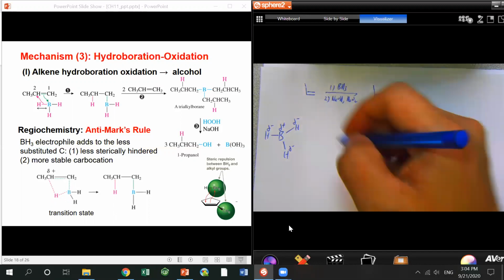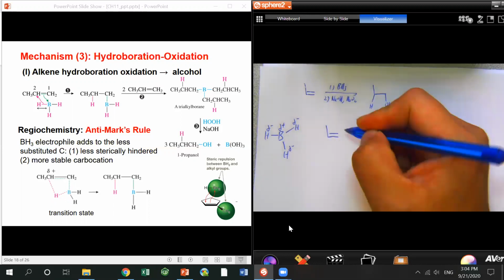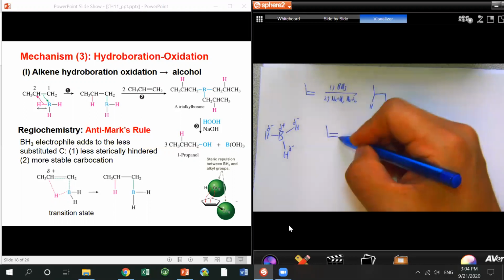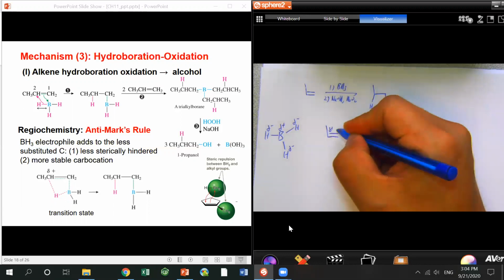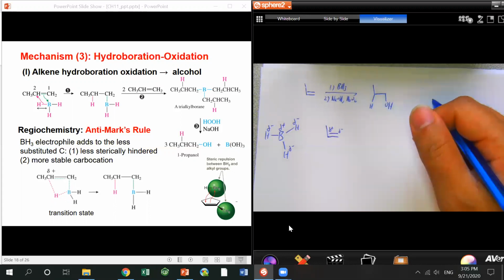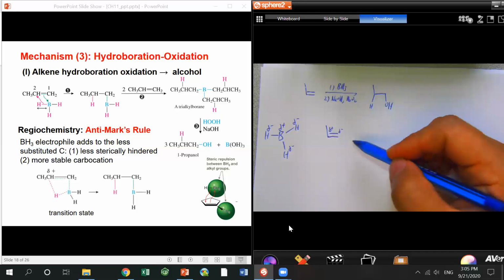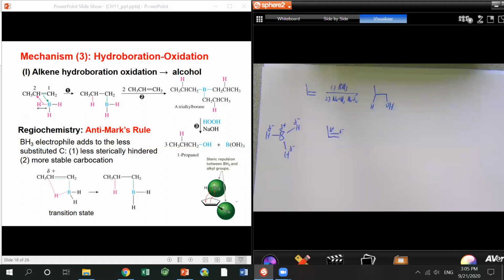Then when it interacts with the alkene, under certain induced conditions the electrons move around. Most of the time you have a partial positive charge on the internal carbon and a partial negative charge on the terminal carbon, because the internal secondary carbocation is more stable than a primary one. Then when the boron comes in, because of the electronic effect, we have